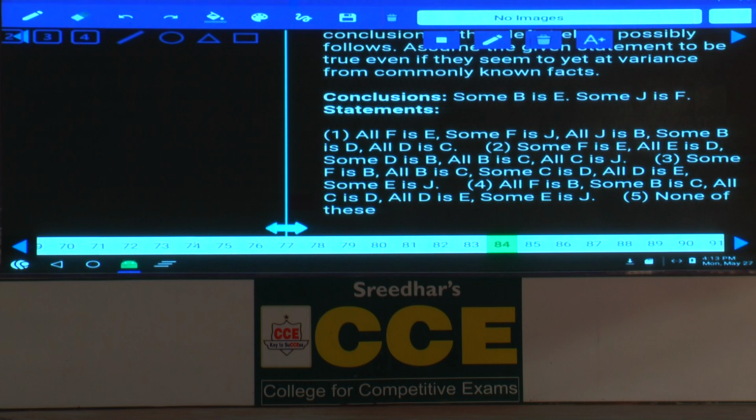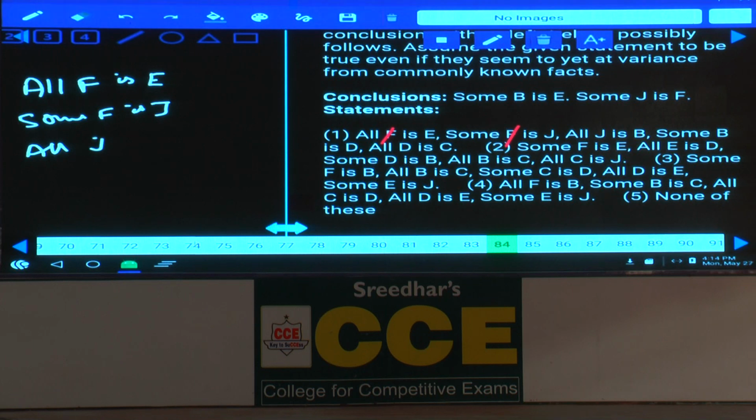Some B is E, some J is F. All F is E, some F is J. Now F is the middle term, distributed, so some E is J. Some E is J, all J is B. All J is B, some B is D. Now if you combine this one: all F is E, next some F is J, next all J is B, and some B is D, and